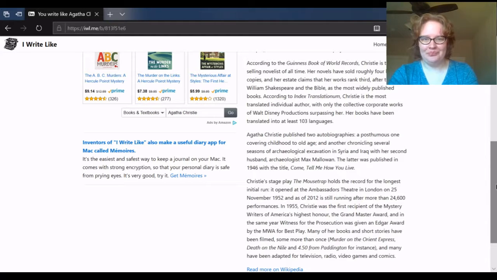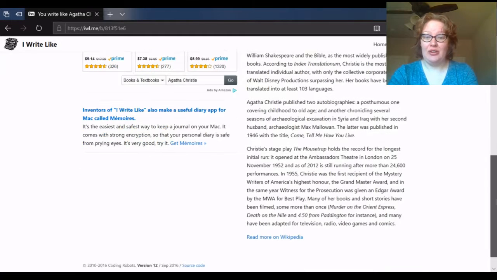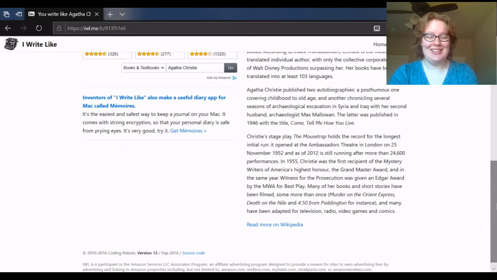Go figure. According to Index Translationum, Christie is the most translated individual author, with only the collective corporate works of Walt Disney Productions surpassing her. Her books have been translated into at least 103 languages. That's cool. Agatha Christie published 2 autobiographies, a posthumous one covering childhood to old age, and another chronicling several seasons